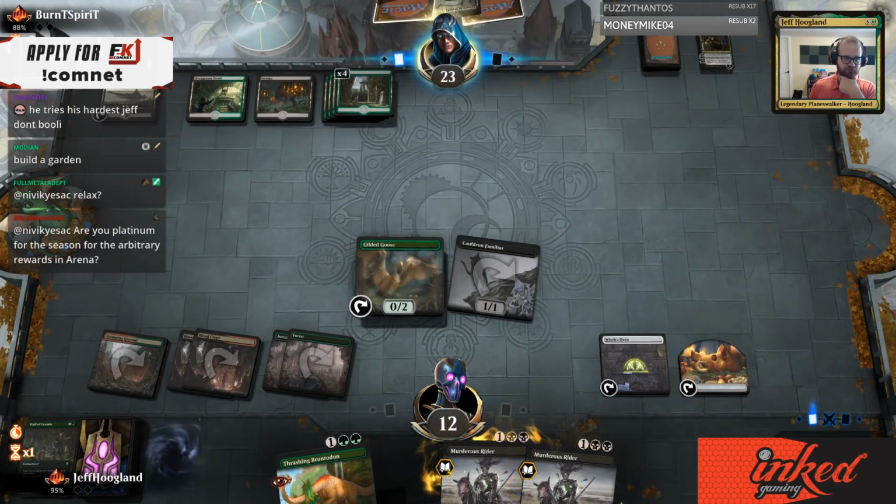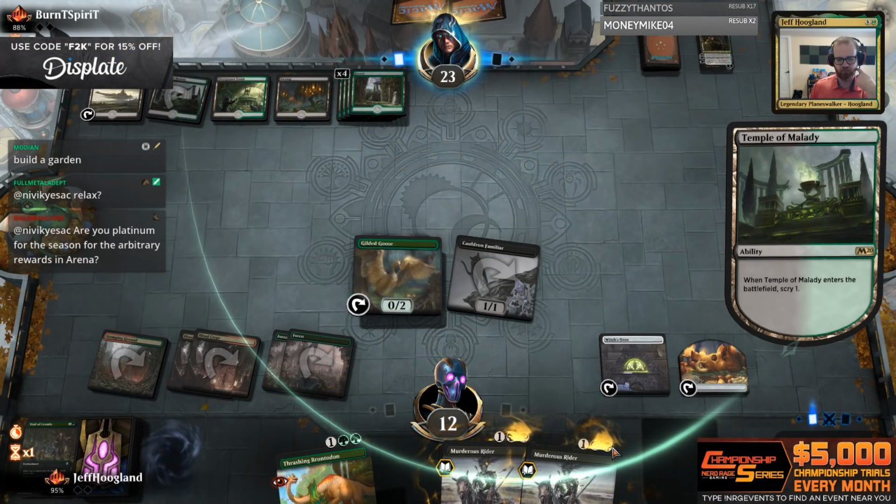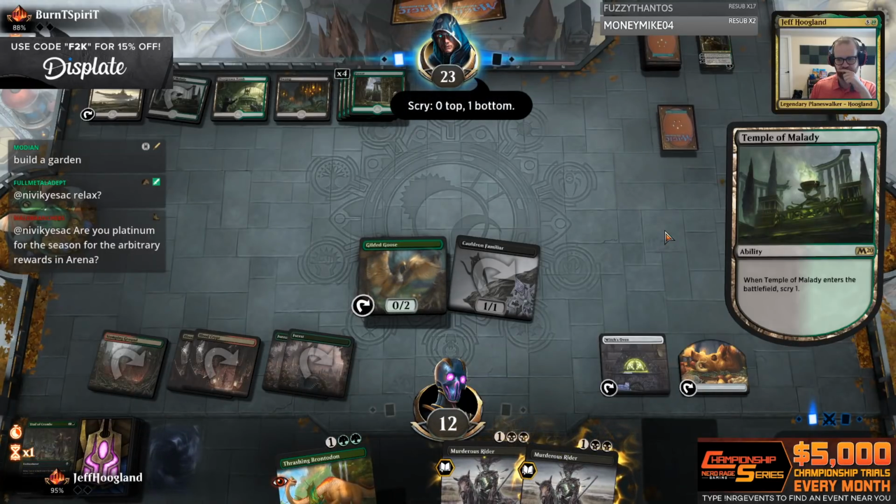They're almost out of resources, but they do have this Castle Locthwain here. We're a little bit ahead at the moment with these Riders in exile here too, but...